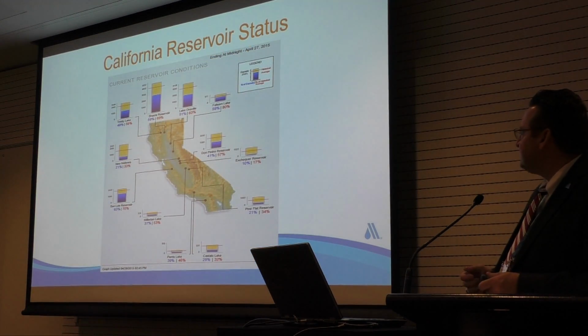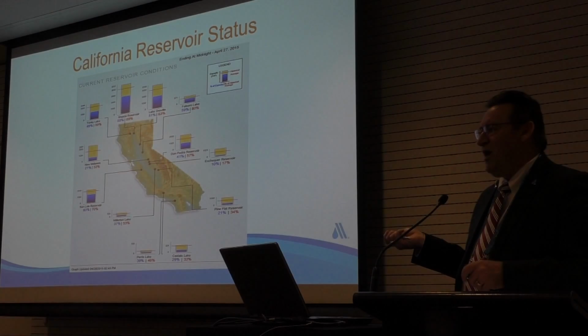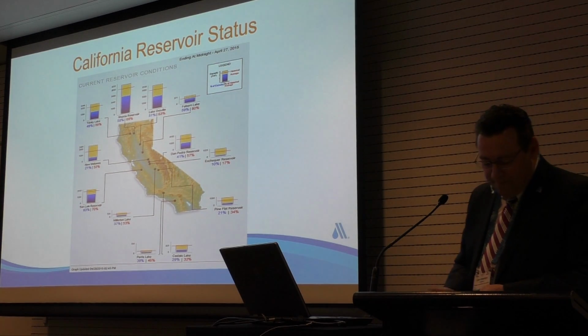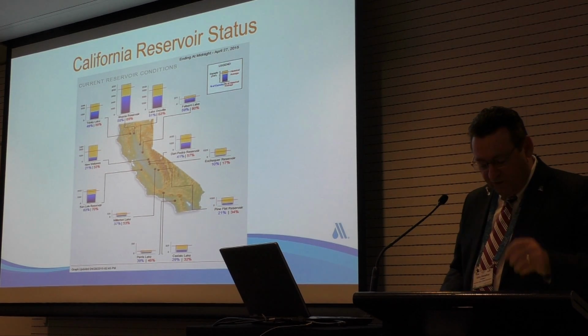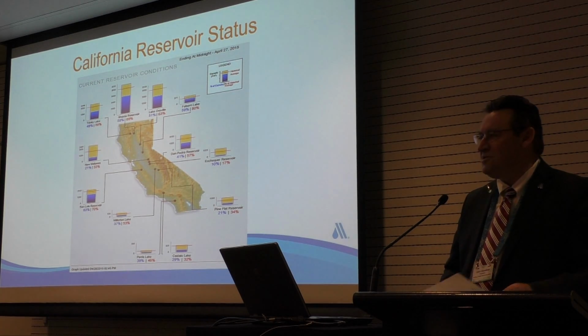The reservoir status, and this is something that I found very interesting. The red line on this graph shows their historical average for reservoir levels. And you can see there's 12 of them, and the ones in the north have a little bit more water in them, certainly, than the ones in the south. But the problem is most of the population is in the south. And so the Southern California reservoirs are only at 33% of capacity, and 61% of California residents live in that area,